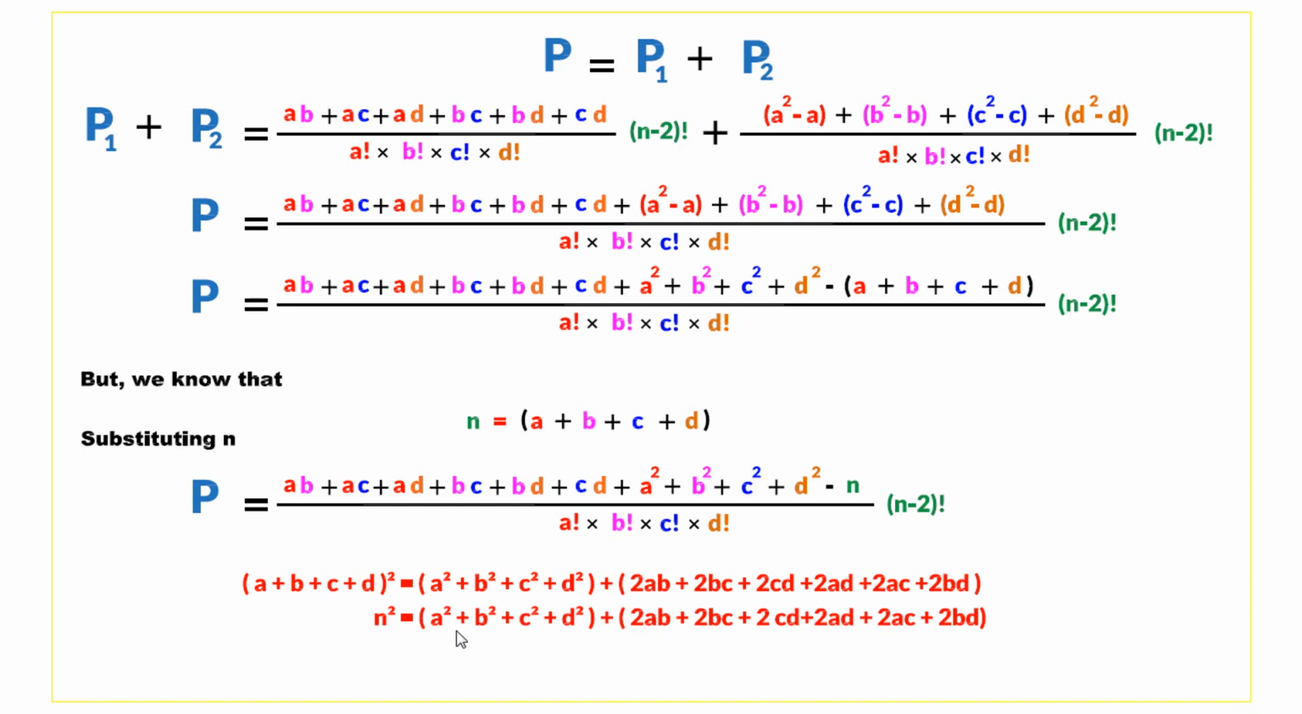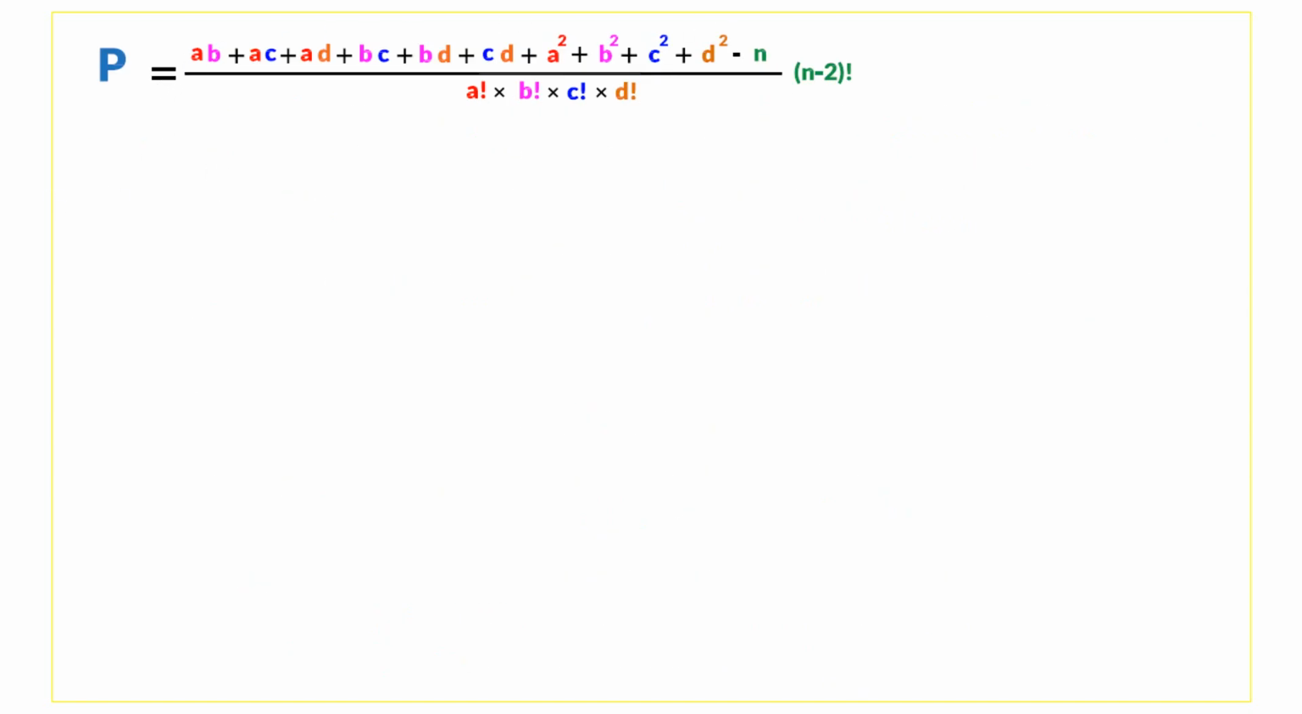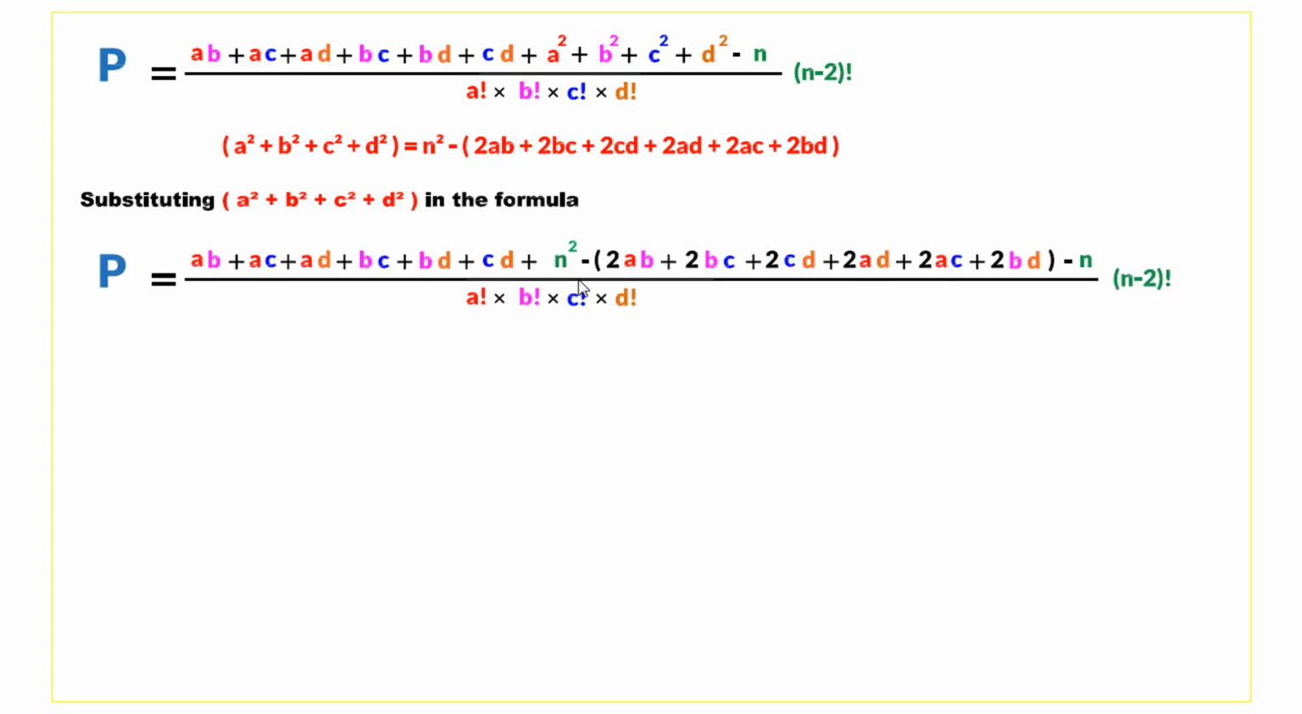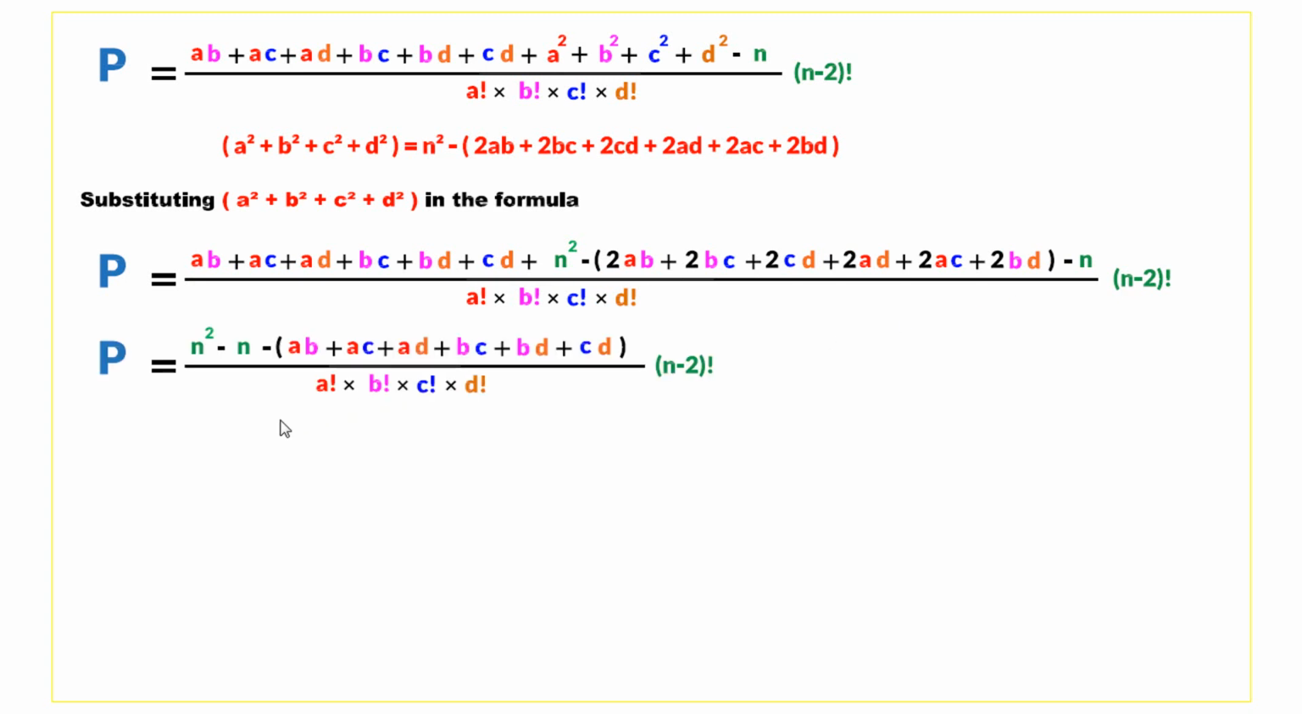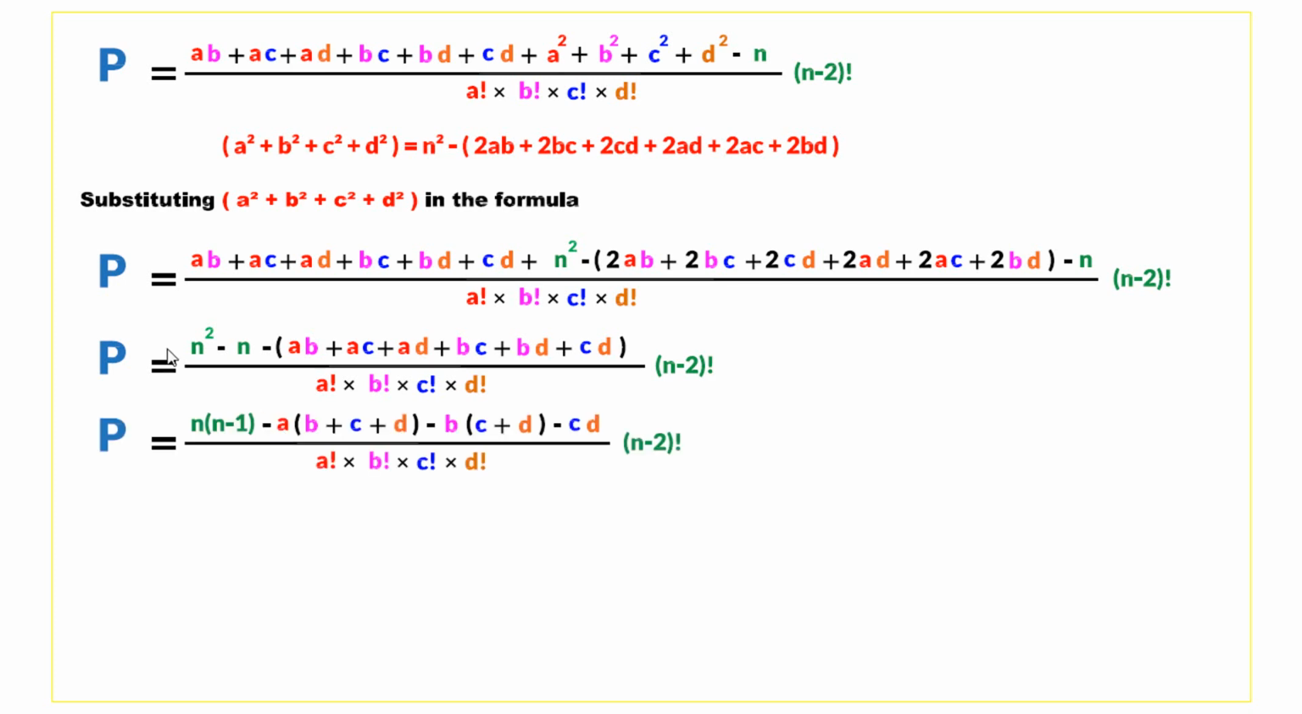So we replace that with n, and now we can write that the sum of these squares is equal to n squared minus these terms. So we have this formula, and we have the sum of these squares, so we replace the sum of these squares with these terms here, and we get this big formula here. So we rearrange it again, and we notice that n squared minus n can be factorized into n times n minus 1,